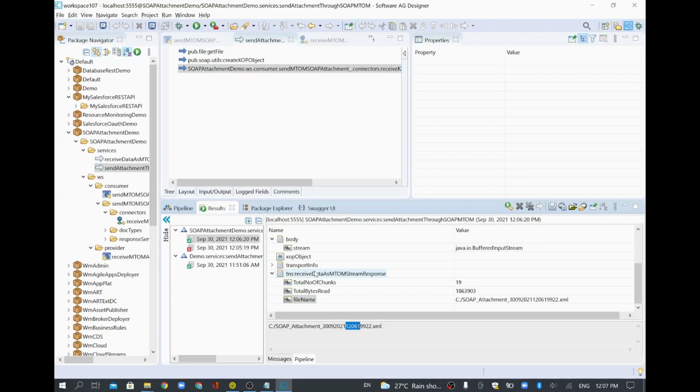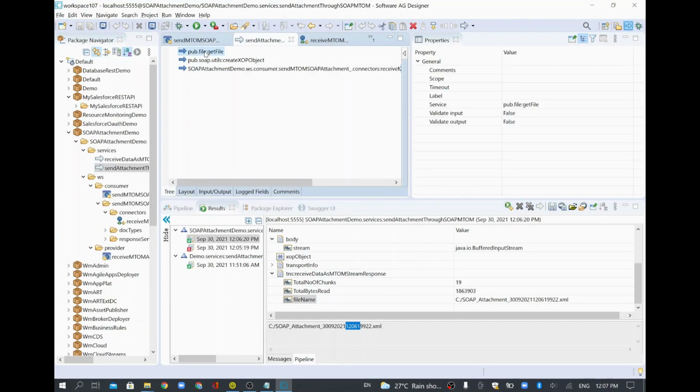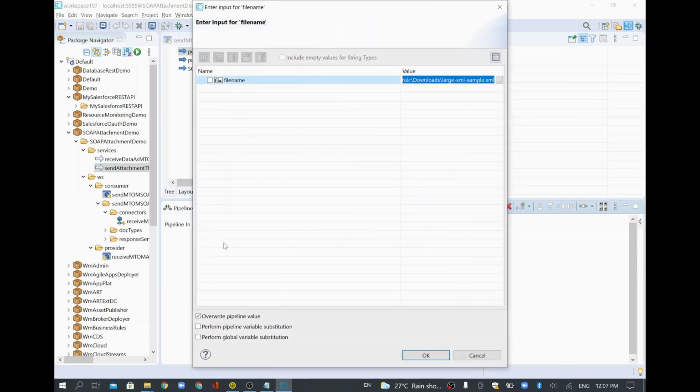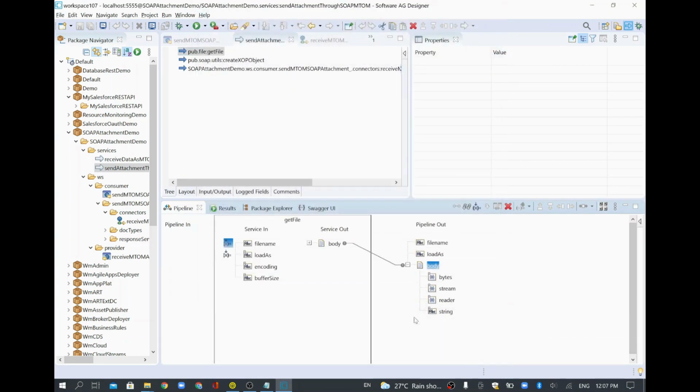So now we have used getting the file as XML. And you can give any other file, or you can give a big file, and you can see the overall time it is taking as well. So this way you can identify how much time it is taking. Also, we are not loading all the data into memory. The entire 1.8 MB we are not loading into memory. We are loading into memory only 100 KB at a time. So this way we can improve the performance of our integration server, and also we can process the data smoothly in our integration layer. Thank you.